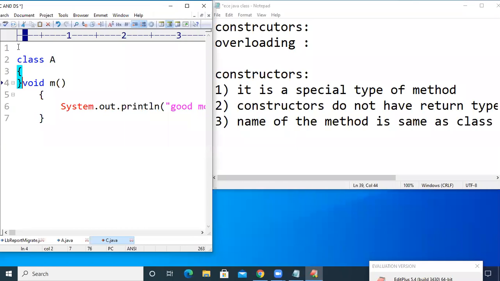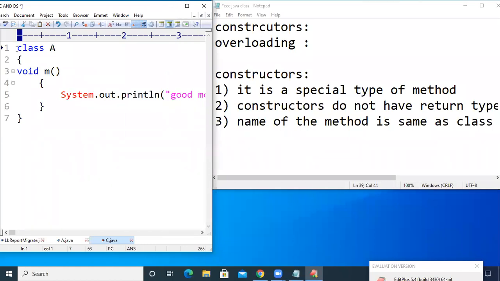See here, in the previous session, I have declared a class A, right? Inside class A, I have defined a method M, that is void M, and if that void M gets executed, good morning will be printed on the output stream. So I want to convert this into a constructor.